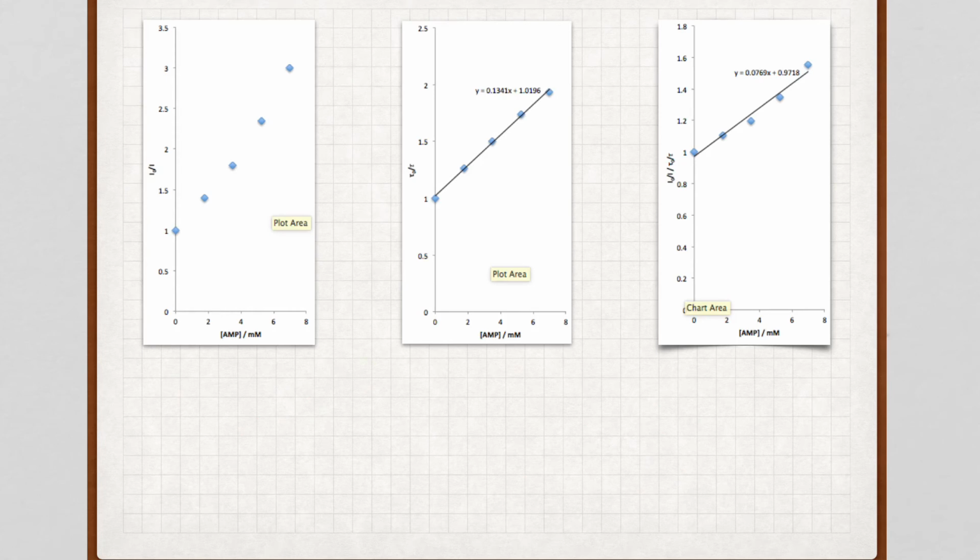So if I actually go and plot these graphs, I can see this first one. This is just I naught over I, and I can see this is really badly curved. So this one is no good. So this is static plus dynamic together. The tau naught over tau is just showing me my dynamic contribution. And from this, I should hopefully be able to just relatively easily work out my rate constant. So I know that kq tau naught is equal to